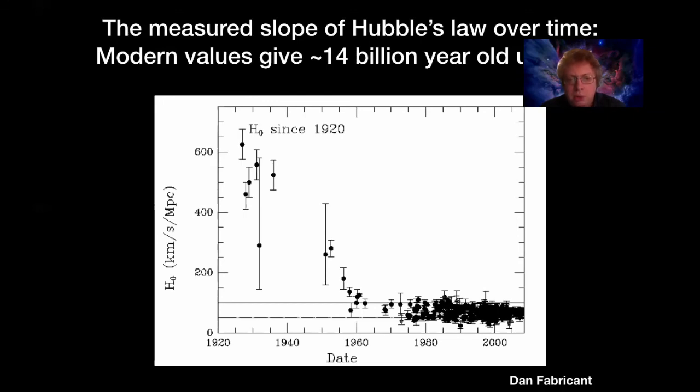Over time though, astronomers figured out some of the problems with those measurements. They figured out the problem with the Cepheid variable stars, and they figured out problems of other natures as well, like what happens if there are two stars that are very close to each other that affect the brightness that we measure. If we can correct for that, eventually you get down to a value for Hubble's constant which is about 70, as opposed to the value of about 500 that he said.